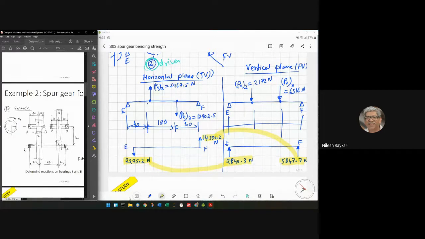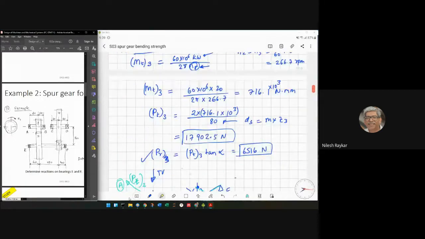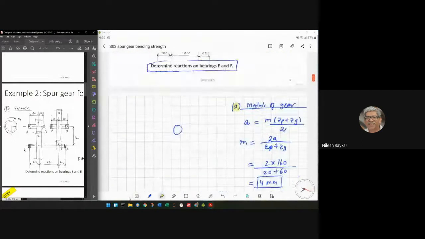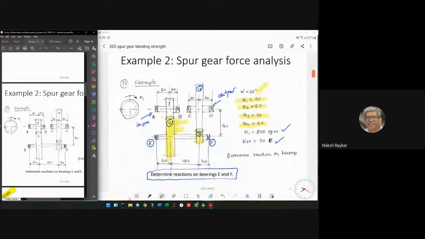So that is not stated in the problem. So that is an assumption that module of all the gears is same. You can make 3 and 4 of different module. You're right. Usually that is not done because it is easier to cut the teeth with the same tool. Especially here the gears, if you see the number of teeth which are chosen, they are equal. So you would not like to change the module.